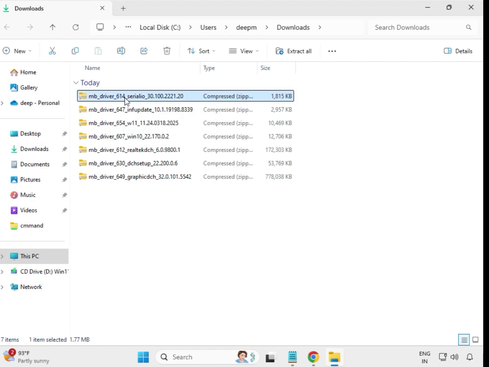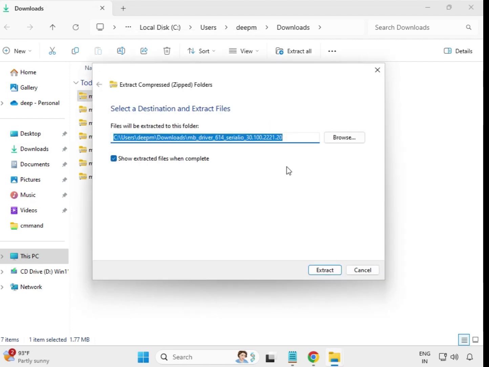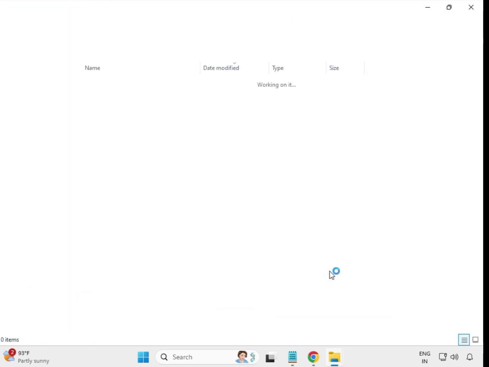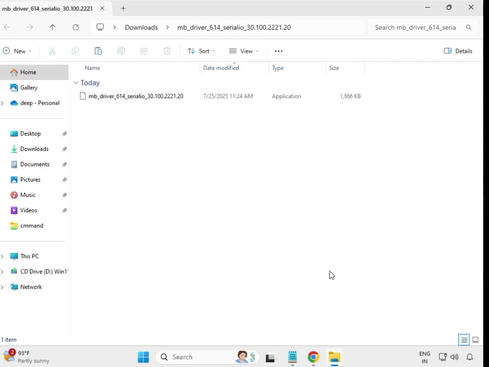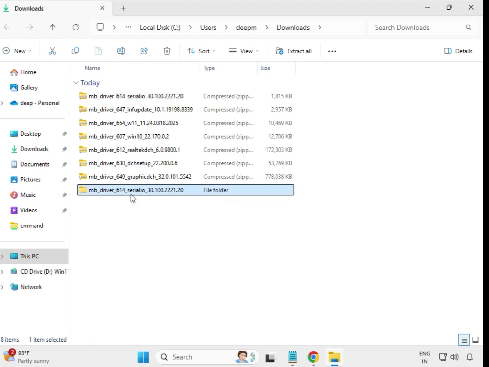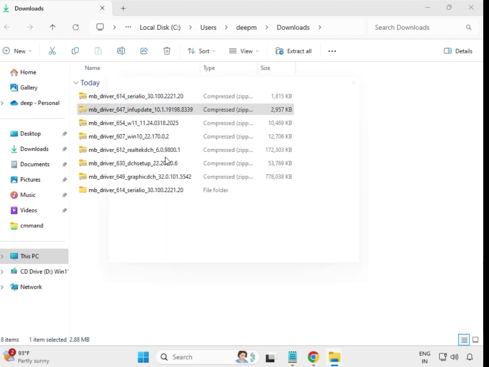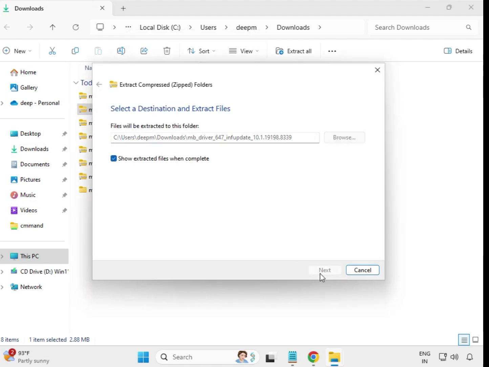First select this and right click and extract all, and in the same location just extract it. Okay, it will open, and close it. Okay, this created this folder, we can see. Then info update, right click, extract all, extract,